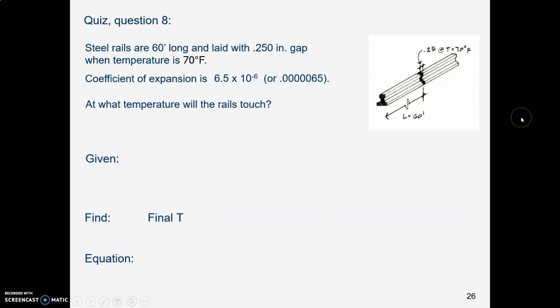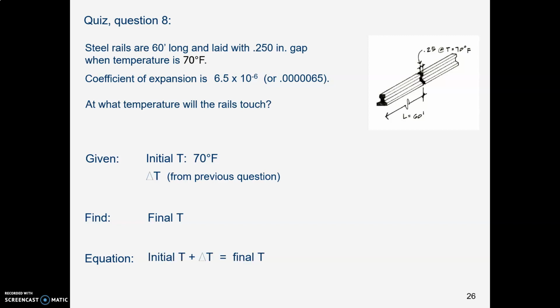So you're trying to find the final temperature. You're given the initial temperature, and delta T you figured out from the last question, and so to figure it out, you'll start with the initial temperature, 70 degrees, plus delta T, 53.42, to tell you what is the final temperature when the rails just